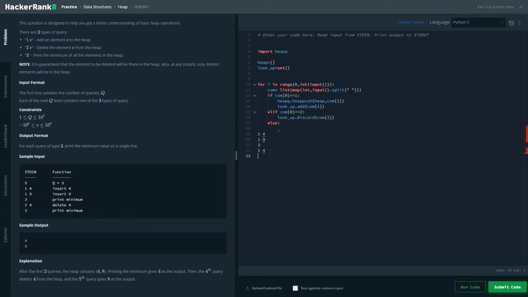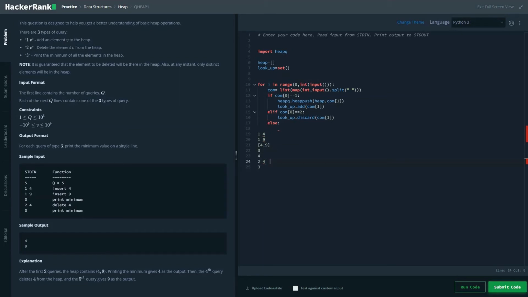2 4 and the last value would be 3. So if we look at this problem statement, after both operations the value would be 1 comma 9. After 3, which means print the minimum element, that element would be 4, so 4 would be printed out.